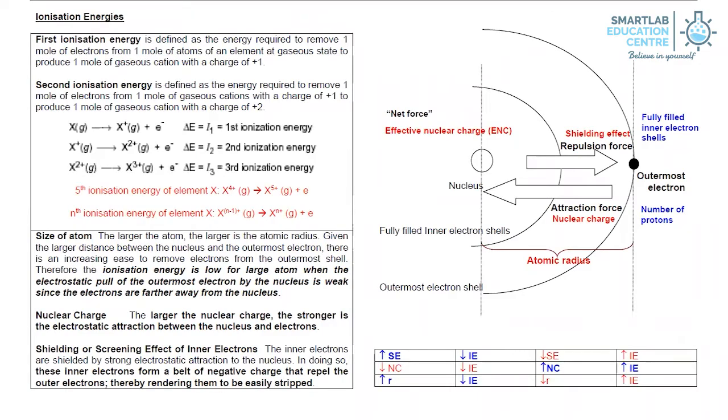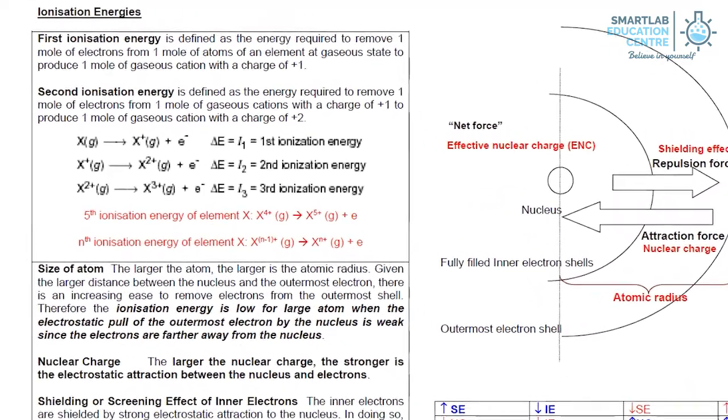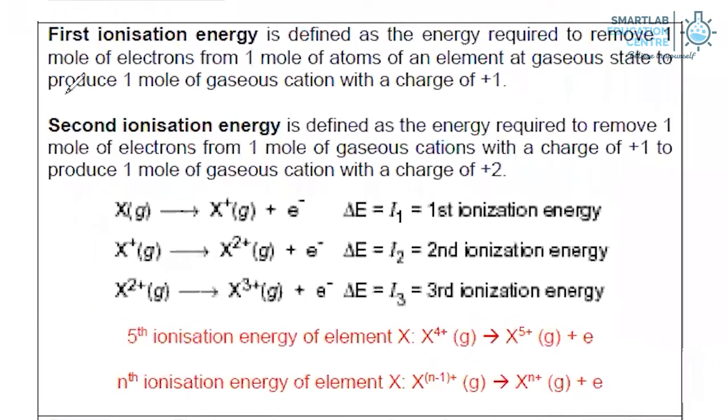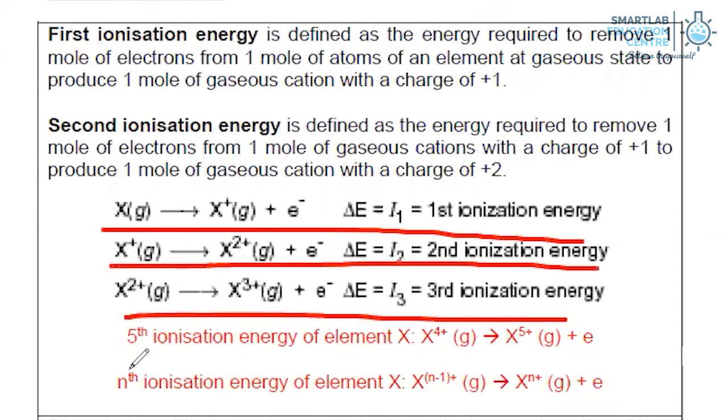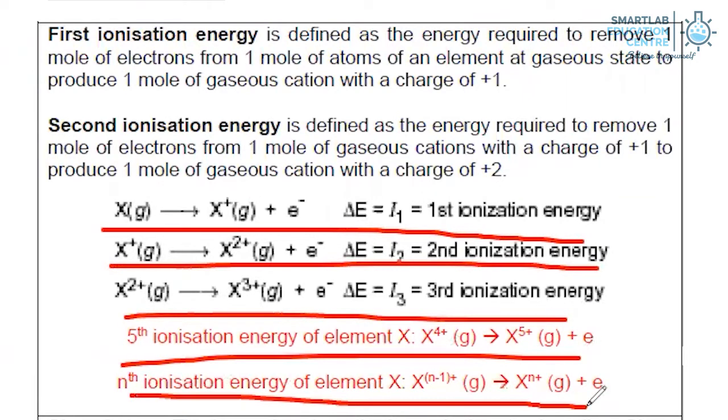The final portion for this chapter is ionization energies. The first part that you need to learn is that you must know how to write the equations for first ionization energy, second, third, fifth, and nth. What you can see down here is that the definition is such that if you're looking at the first IE,